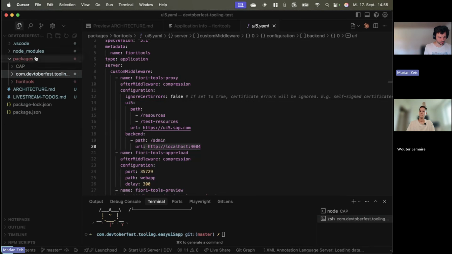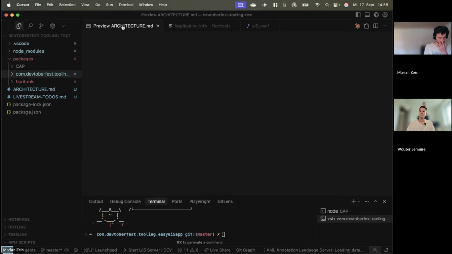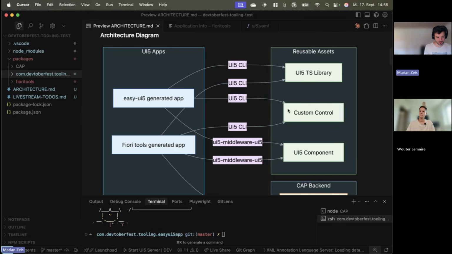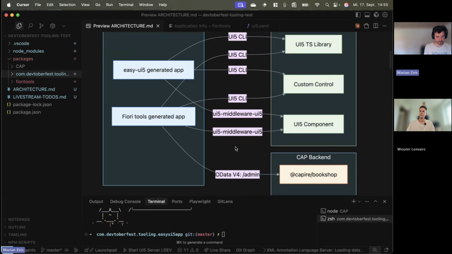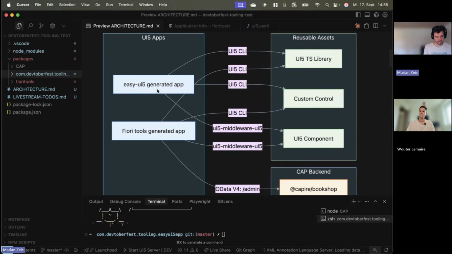So we have our two apps. Let's go to the architecture diagram. We have the CAP backend. We have our two apps generated. Now we want to generate those reusable assets. And